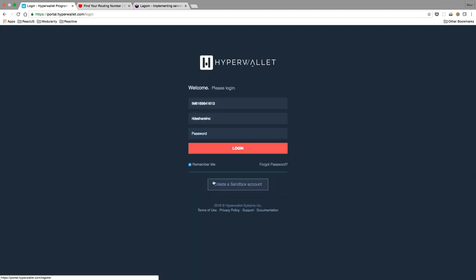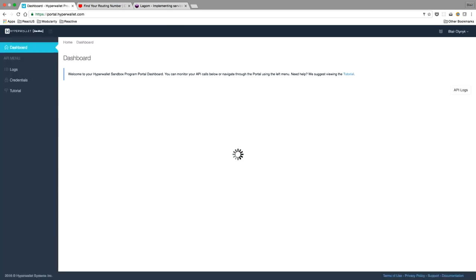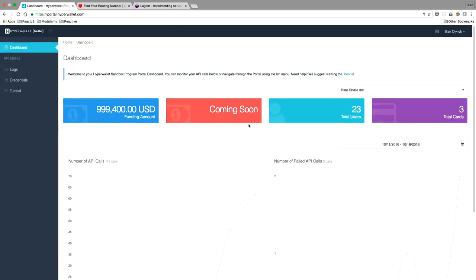Now, I've already got an account, so I'm just going to go ahead and log in. And what you see when you log in is called the dashboard, but really this is the mission control for your integration. It has all the information that you need at a high level. For example, how much funds I have to pay out in, how many users I've registered under my program, how many cards they have.